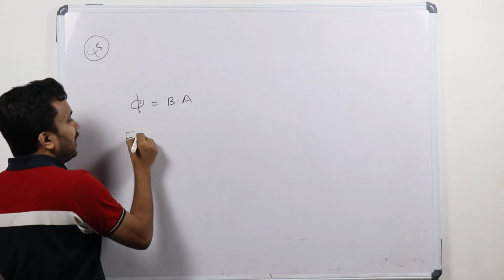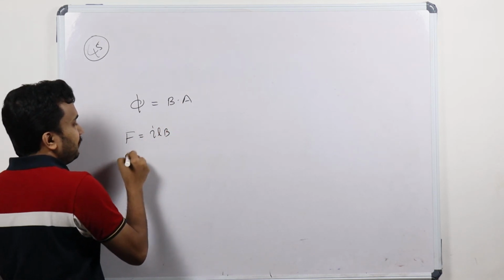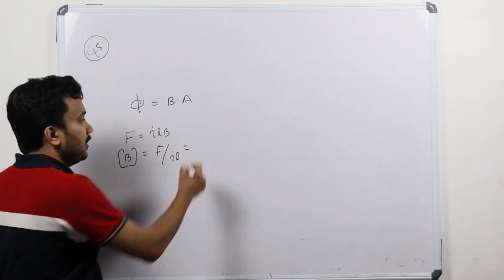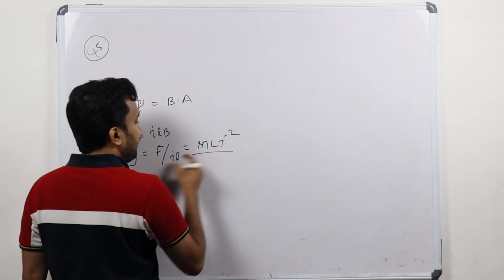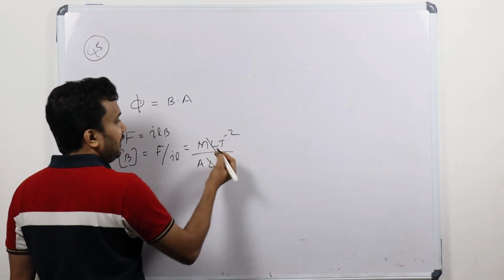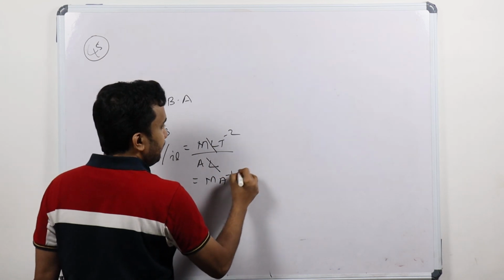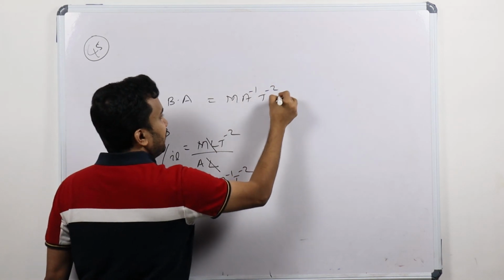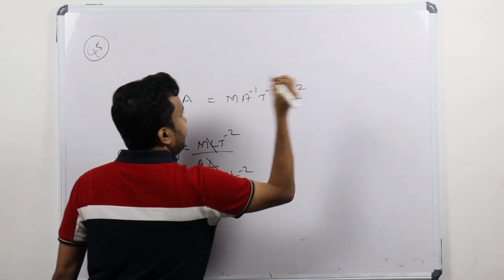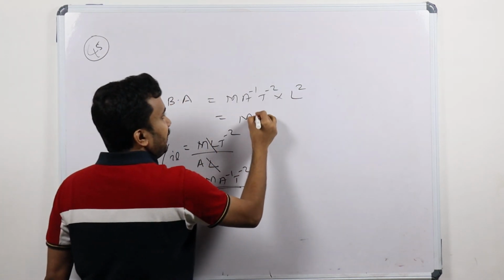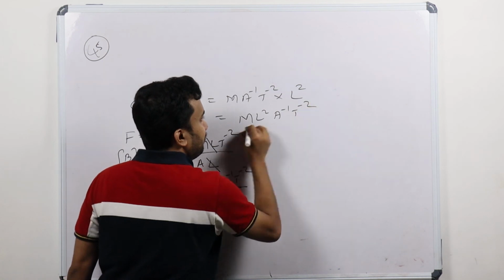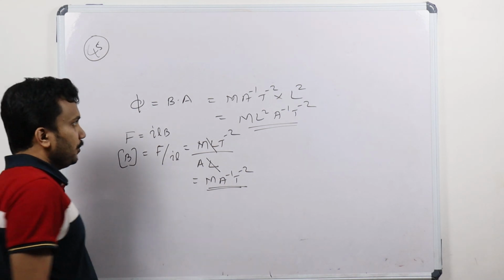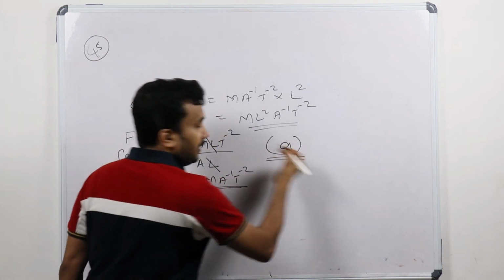In order to find B, we have the formula F equals ILB, so the dimension formula of B will be the dimension formula of force divided by IL. The dimension formula of force is M L T raised to minus 2, and current is A and this is L. So L and L get cancelled. We get M A raised to minus 1 T raised to minus 2. This is B. We are substituting here M A raised to minus 1 T raised to minus 2. The area dimension formula is L square. So the dimension formula is M L square A power minus 1 T power minus 2, which is M L square T power minus 2 A power minus 1. This matches option number A.